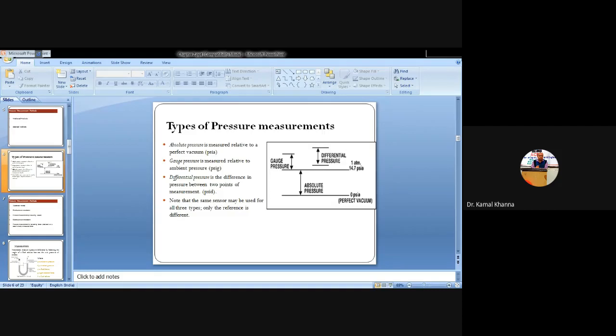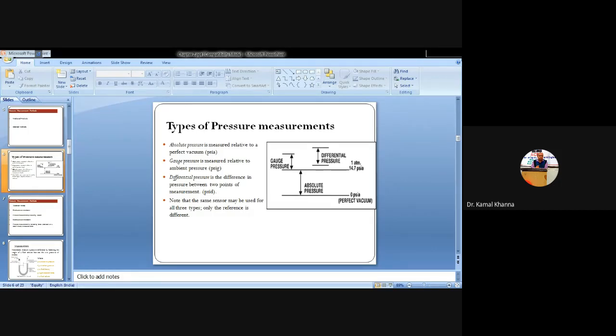So he can prescribe you some medicine, or some exercise, or some change in the diet, so that the normal blood pressure can be achieved. The pressure that is being measured by the doctor using that pressure measuring device is called gauge pressure. Any pressure which is measured with the help of a pressure measuring instrument is always termed as gauge pressure. Okay.